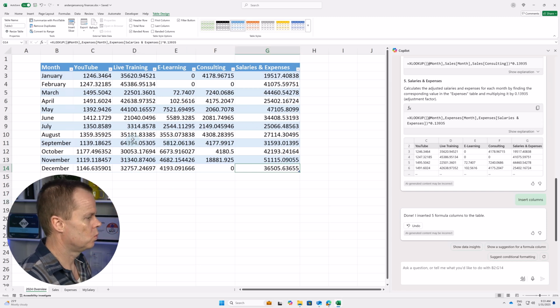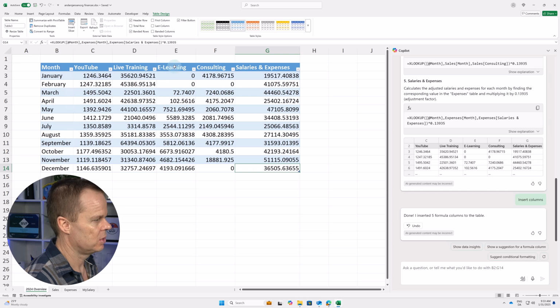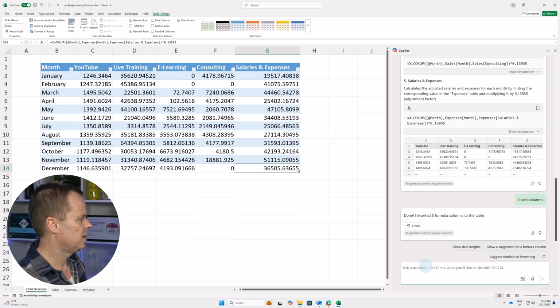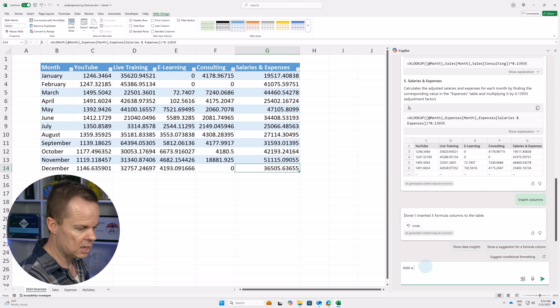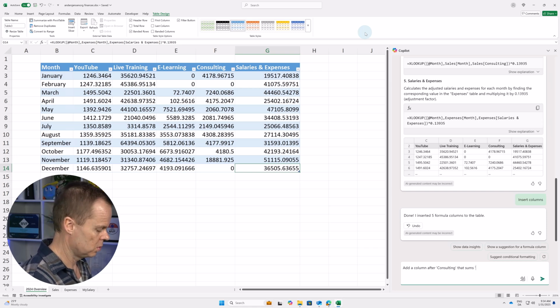Then I also want to sum up our sales. So we have the YouTube, live training, e-learning, and consulting. These 4 columns are our sales, while this is our expenses. I just go to Copilot again, and then I say add a column. And I want it to be placed after the consulting. So I say add a column after consulting that sums YouTube, live training,